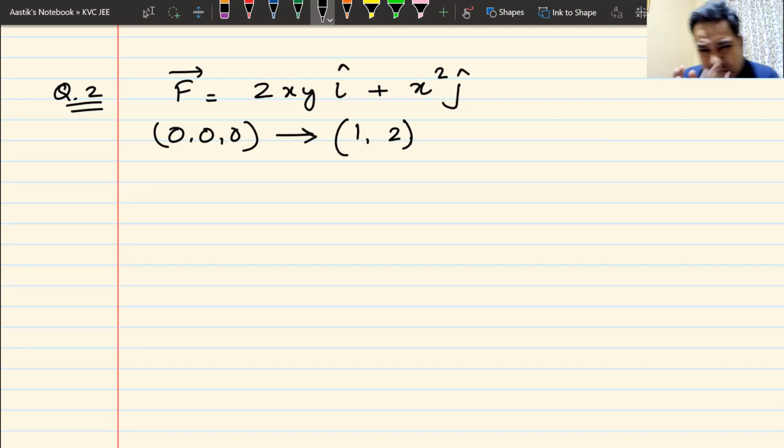And this is somehow different to what we have done in the previous example. Here, in one particular term, you see both x and y coming together. That makes it somewhat different. How will you find out the work done by this force? Your time begins now. Think. How will you do it? I'll give you a minute to think.